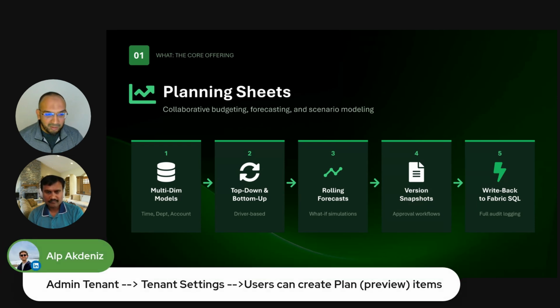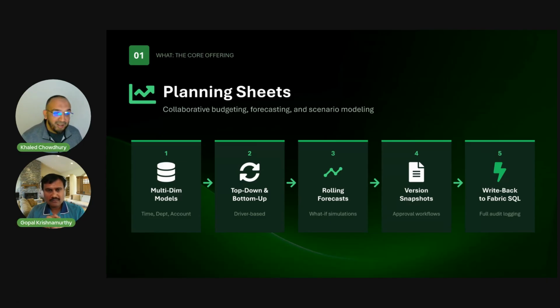But now let's talk about planning. From that perspective, we have Fabric planning, and these are called planning sheets. I guess I should have said, I'm a certified financial planning and analysis professional, FP&A, certified management accountant, and all that good stuff, right? I don't know about good stuff. I am a recovering accountant.